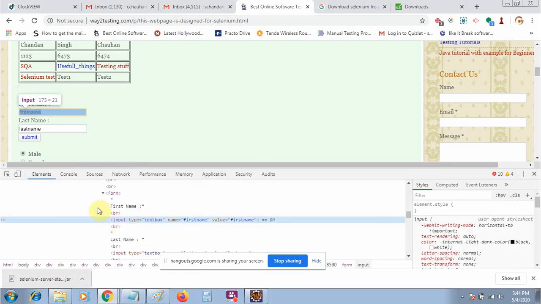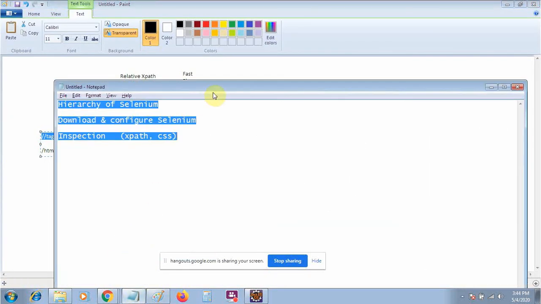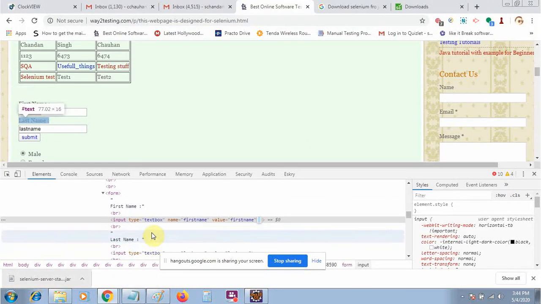If you read my document object model, the tag name is input. So my XPath will become like this: the tag name is input. Then I will move on to the attribute name. Suppose that I am taking the attribute as name.